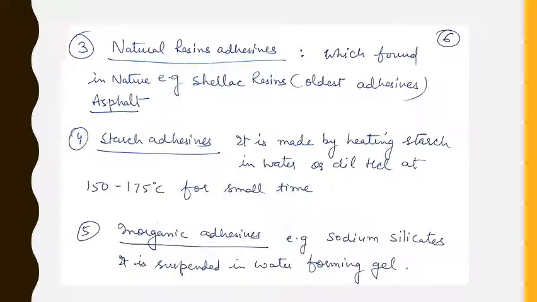The next resins are the natural resins, which can be found in nature. An example is shellac resin, which is the oldest adhesive. It's a natural resin, and asphalt is also a natural resin. So their properties are very limited for use in applications. The next adhesive category is the starch adhesive, which is prepared from starch. It is made by heating the starch in water or dilute HCl at 150 to 175 degrees centigrade for